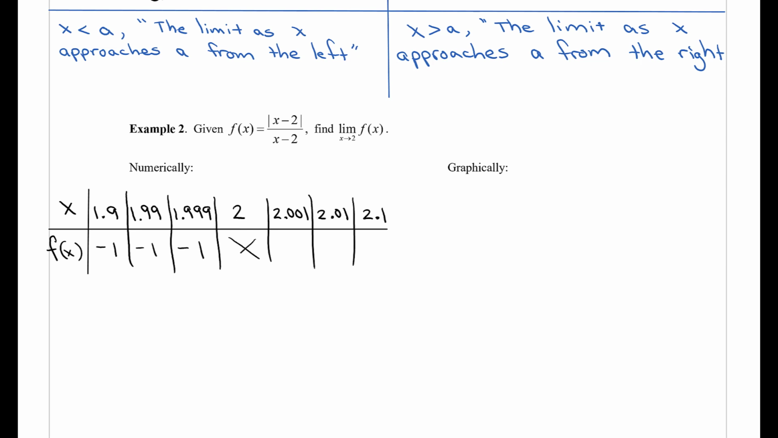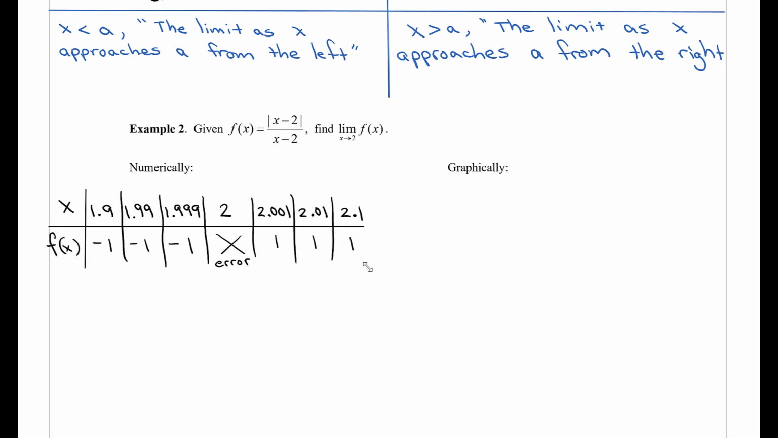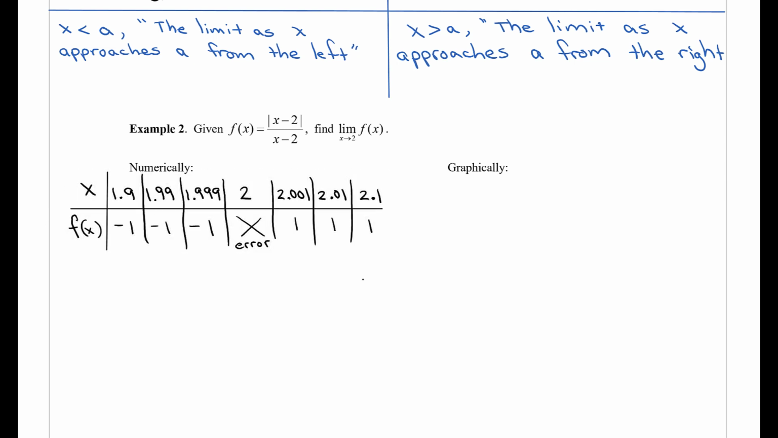If we enter x equal to 2, it's undefined, so I'm just going to draw a big X there, and I'm just going to write the word error underneath, but you guys can also write undefined if you want. And then f of 2.001, f of 2.01, and f of 2.1 will all be equal to 1 each of those. I'm going to go ahead and lasso in my entire table, and I'm just going to shrink it a little bit, and I'm going to raise it up slightly more